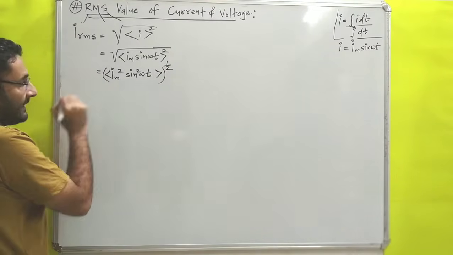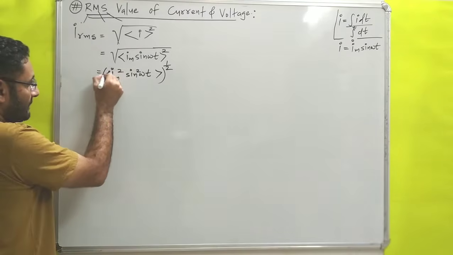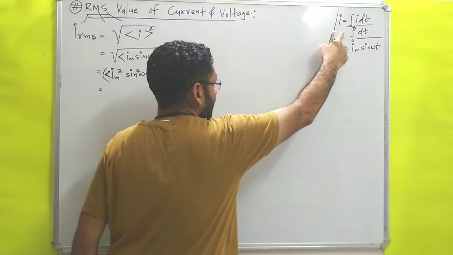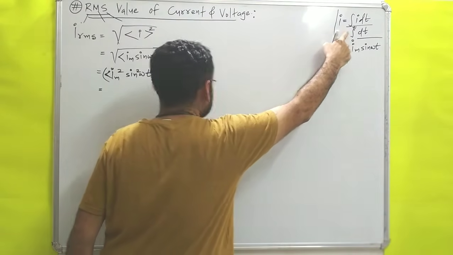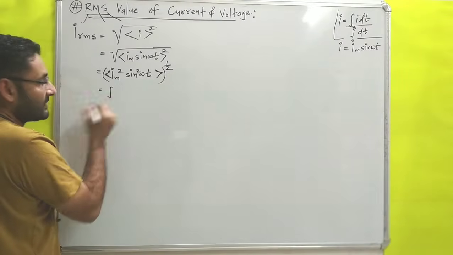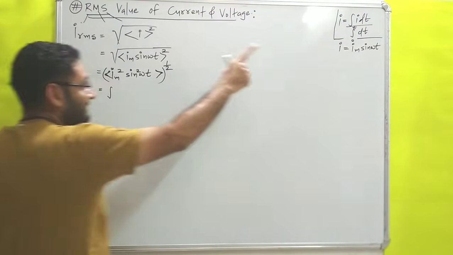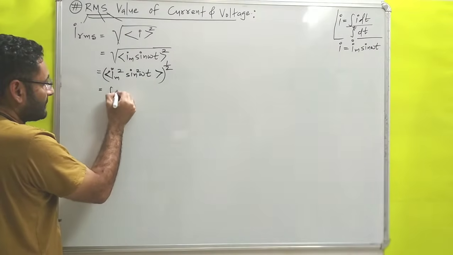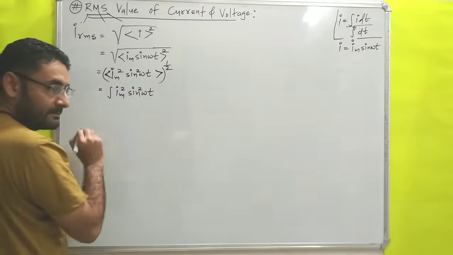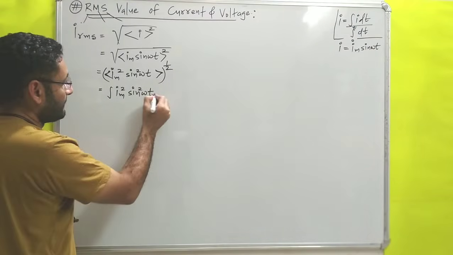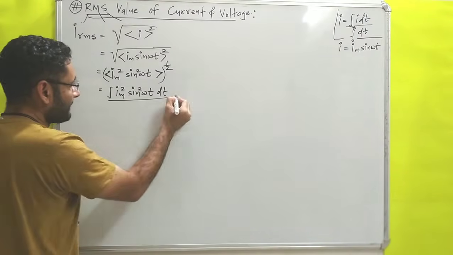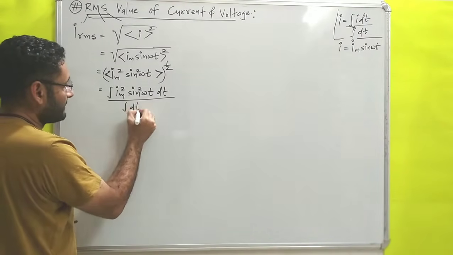Okay. Next what we can do here, that is what? That is average value or mean value. Average value or mean value we can find with the help of this equation. So now that equation we will apply over here. How? That first of all I will write integration of what? I dt. I is what? I is this whole term. So I will write integration of Im square sine square omega t. Okay. And remaining is what? Remaining is dt. So I will multiply it with dt divided by integration of dt.